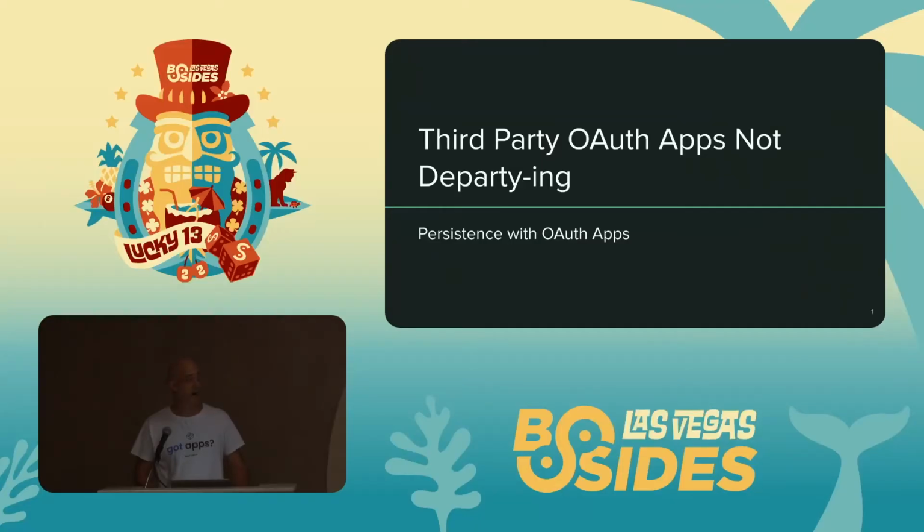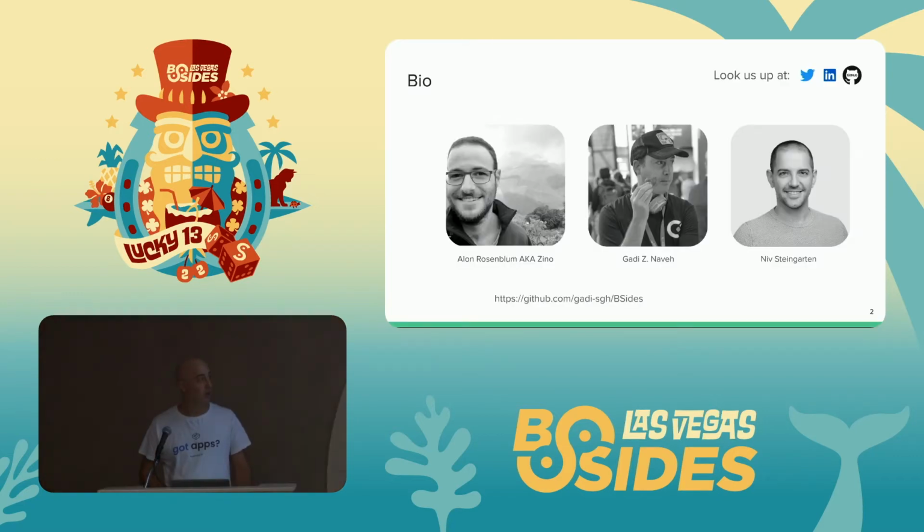This talk is about persistency, or our research of persistent techniques used in OAuth apps to keep access inside the organization, even though the OAuth app itself is disabled. We'll release a piece of code on GitHub that is the attack walkthrough that we're doing. This code shows a new technique. We developed a watchdog technique to keep an app enabled even after an administrator disables it, and we'll show the